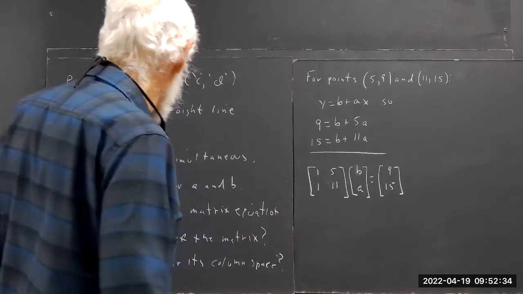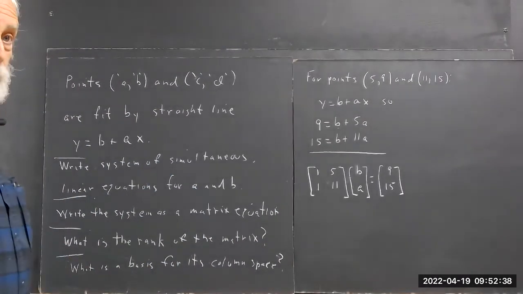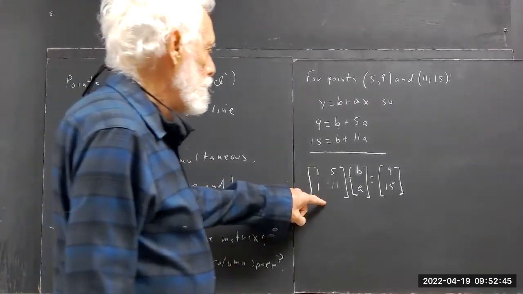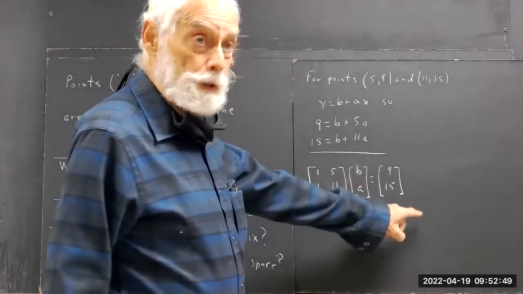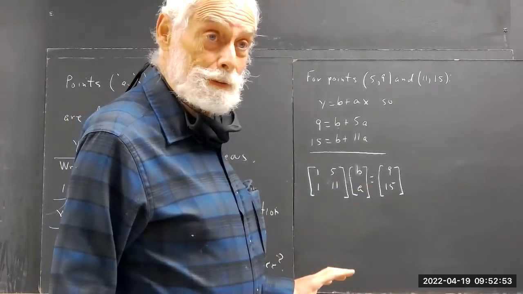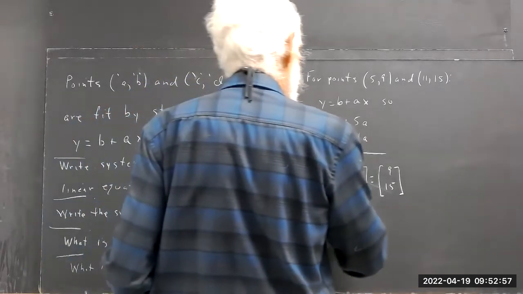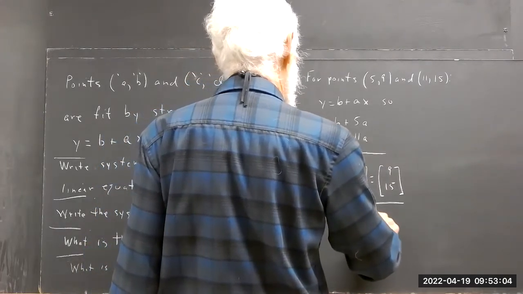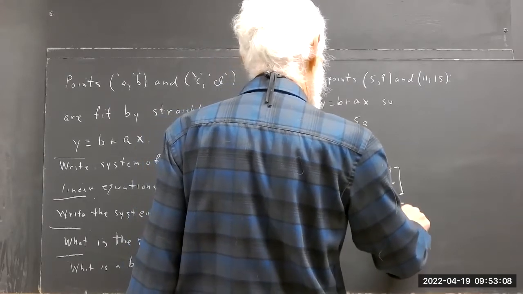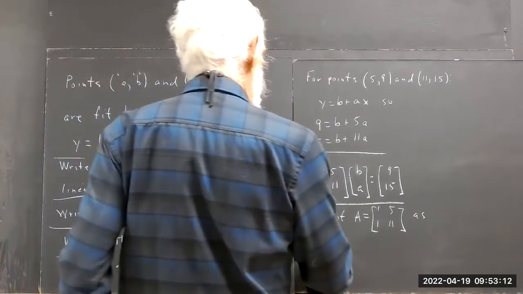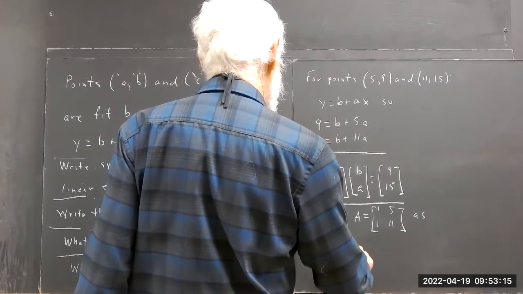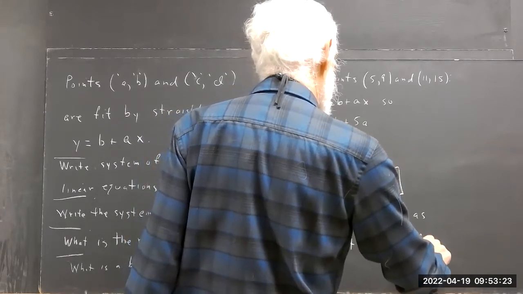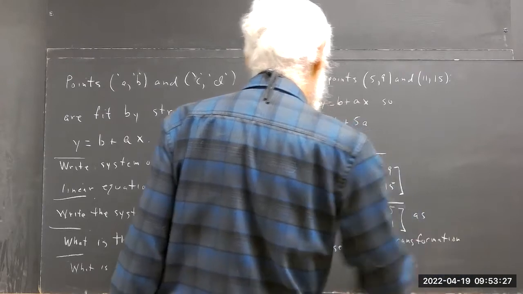Okay. So here's our system of equations. Okay. Now, question is, what's the rank of the matrix? What's the basis for the column space? Okay. To put these questions in context, we can think of this matrix as a transformation from R2 to R2. I didn't say to do that, but I'm going to do it. I'm going to think of this as representing a transformation T